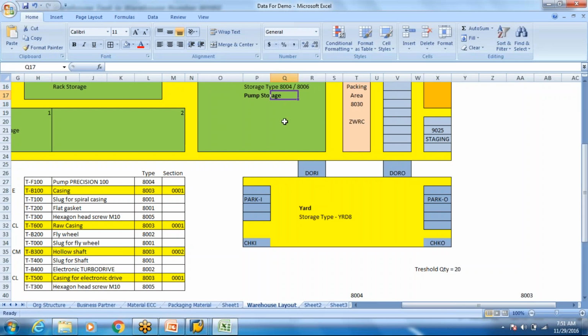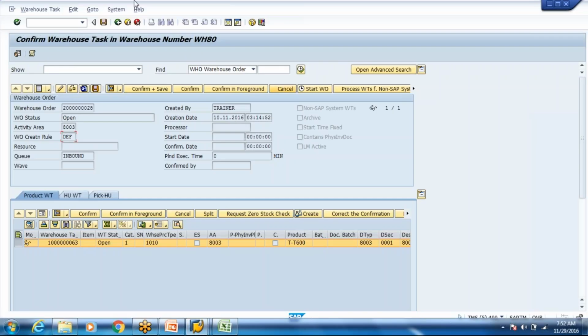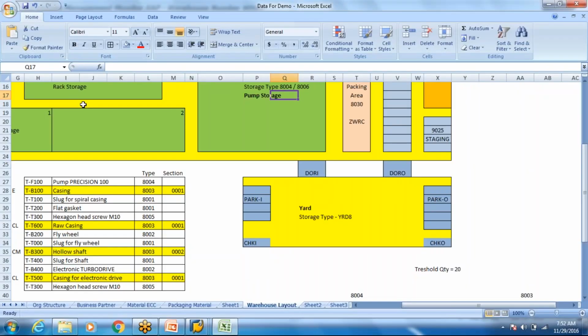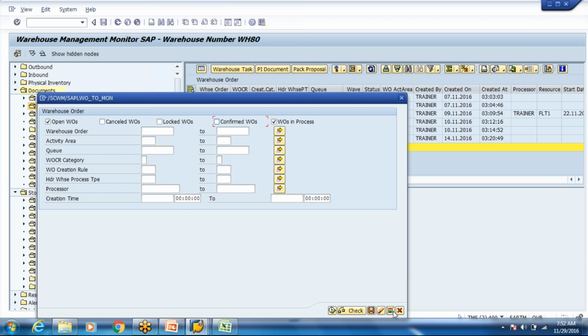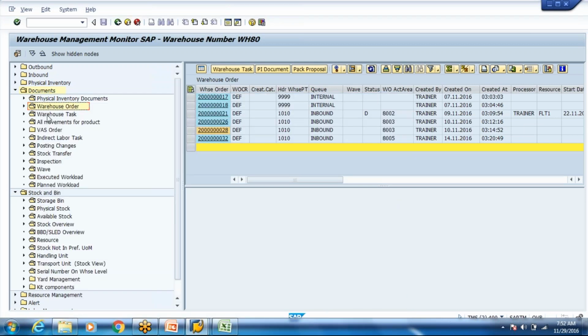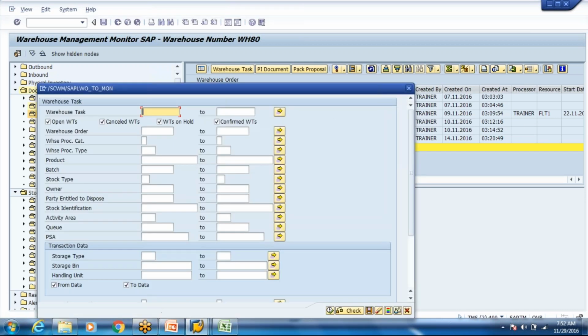this storage, it should not go directly to the GI zone. So we have been picking from 8004 where it goes directly to the GI zone, but now whenever you pick from 8004, we are going to change it. We are going to create a new creation rule. Okay, so let me see the task from 8004, whenever we remove the stock,